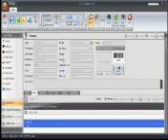Password can be changed from this place. Barcodes can be scanned just by clicking on this button here, and this is the exit button. The third component of this application is in the center, which is the detailed view. Whenever a menu or a submenu is clicked on the left hand side, the details of that submenu can be seen in the grid in the center. On double clicking on a record in the grid, the details of that particular record can be viewed in the detailed screen.